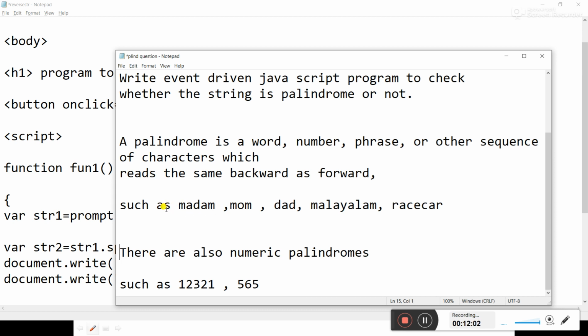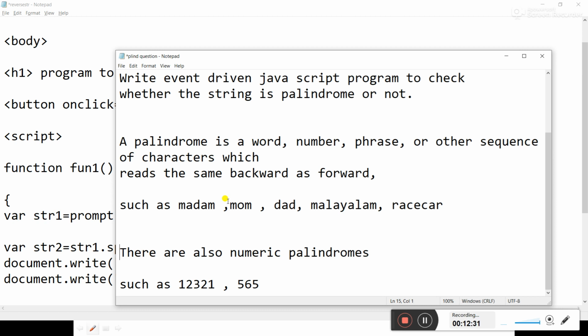Like mom, mom, this is a palindrome string. The words pronounce the same backward as well as forward. Such strings are called palindrome strings.